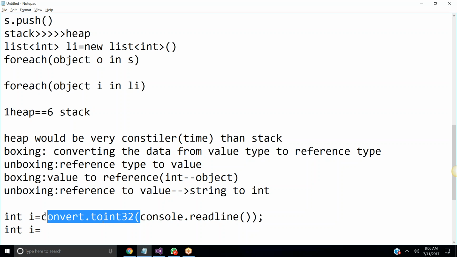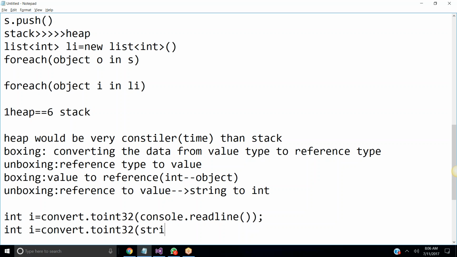This is a conversion mechanism. String is a reference type of data. Reference type to integer conversion, what is the meaning? Reference type to value type. That conversion we call unboxing.